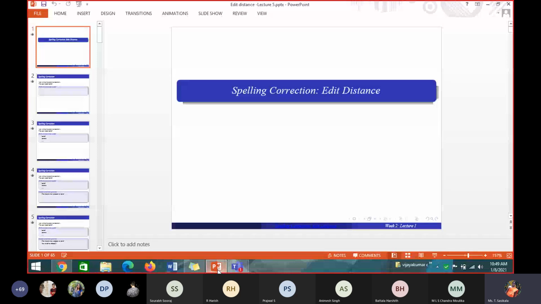For example, in cricket, if I write CRIKET instead of CRICKET, it will give the options that are relevant to that. You have to find the words relevant to that word, and find the distance between the wrong word you have typed and all the other options. Whichever option has the lowest distance will be the most equivalent word for the given wrong word.